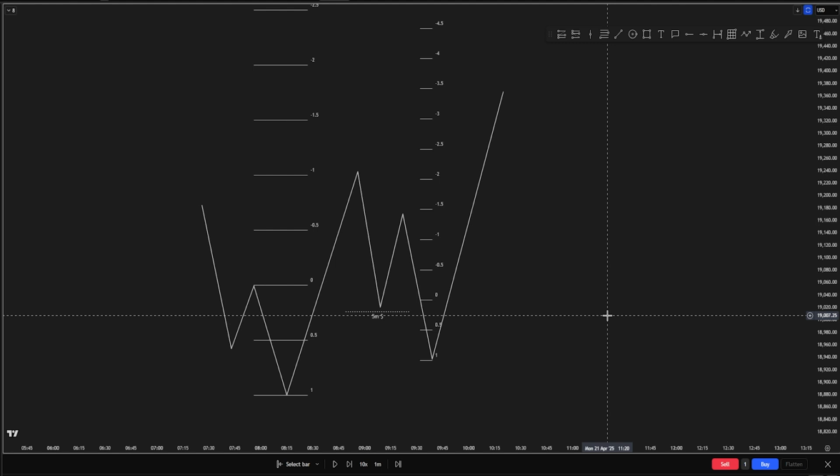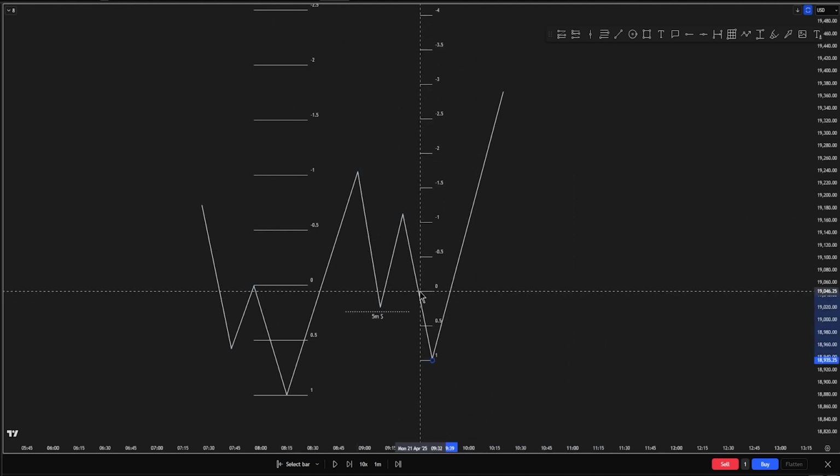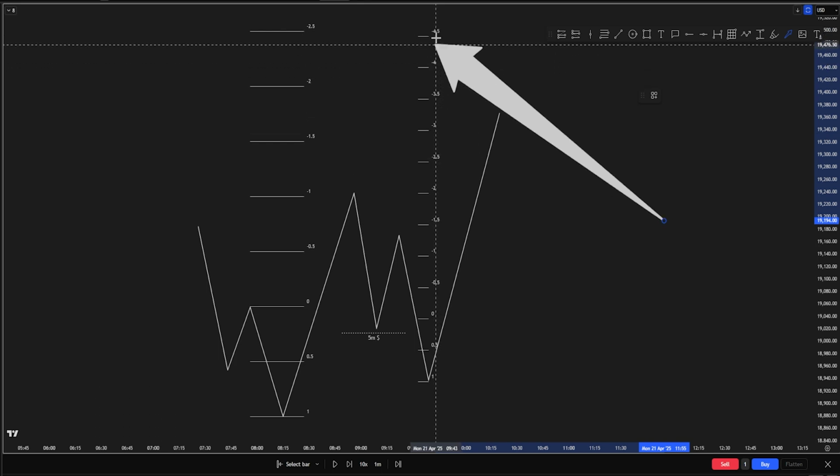This model quite literally prints on every time frame from the daily all the way down to the second time frame. And you're going to see it play out. Now, I'm not going to recommend you to go down to the second time frame and do this, because the deliverance it's not going to be the same, obviously. The accuracy is not going to be the same, because you have to be aligned with the higher time frame order flow. But anyways, this 1 minute breaker here, as we can see, the 4.5 standard deviations